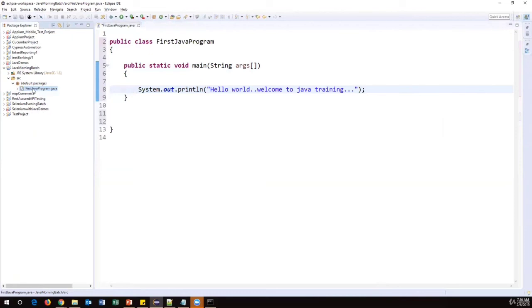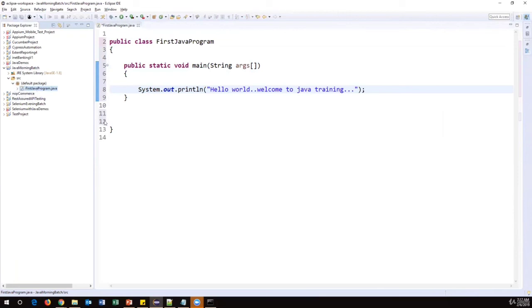Even if you give the small letter, no issues. But this is the normal standard we follow. The first name should be an uppercase letter. In the middle names, let's say Java program, J is an uppercase letter and P is an uppercase letter, as I have given. That is up to you, that is optional. If you want to clearly understand each word, you can give uppercase letters, or you can still give lowercase letters. That's not important. But the first one should be an uppercase letter.